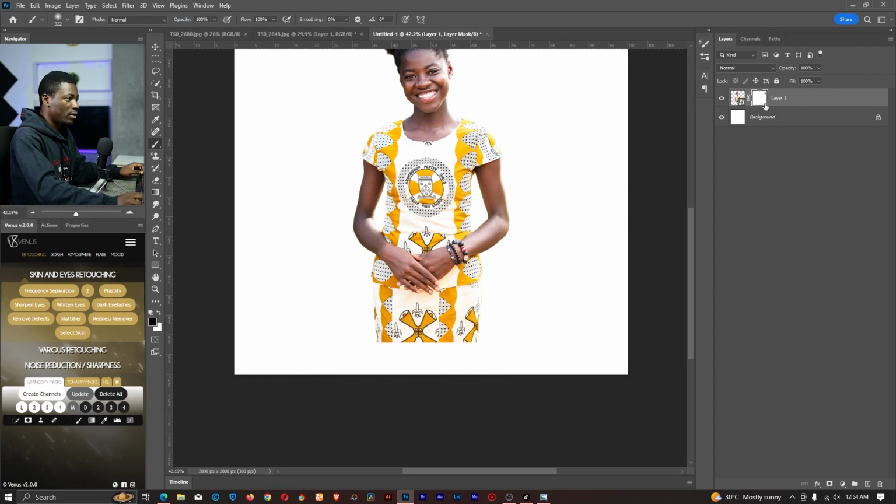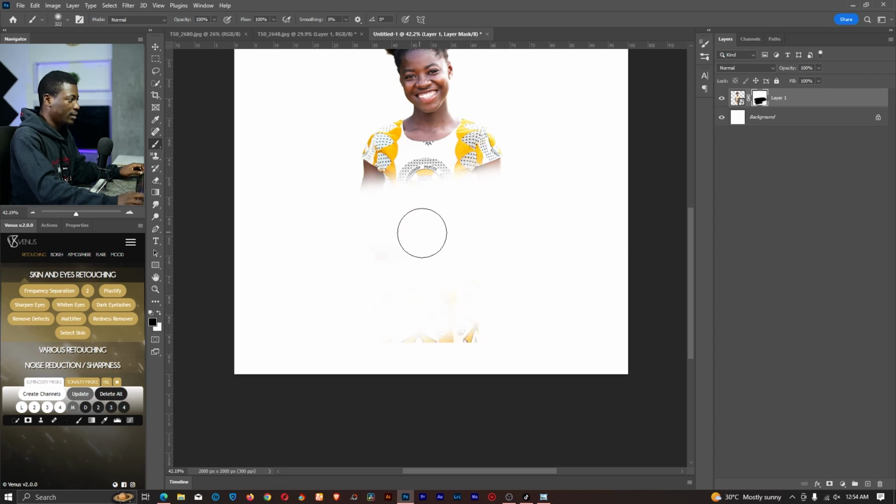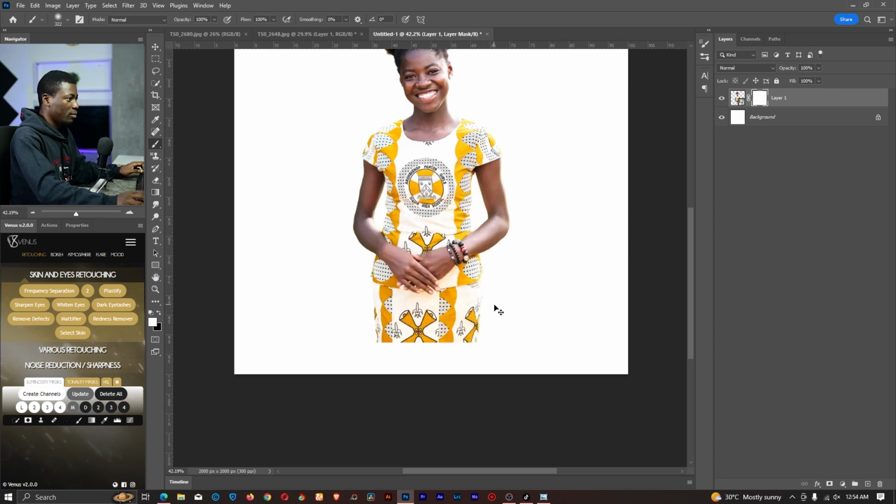Now as you can see over here, the layer mask we added was white. So if I change the color to black and I brush over, it vanishes. If I change it to white and I brush over, it comes back. So basically that's what it does. Black will hide, white will reveal. So I'll just brush over this area because I want to hide the whole of this because we'll be adding